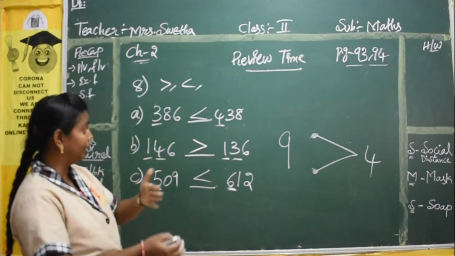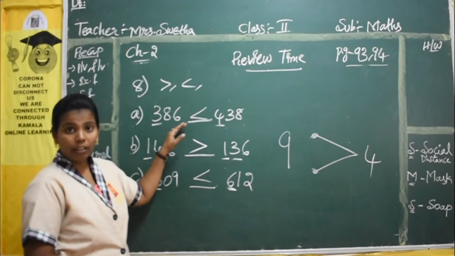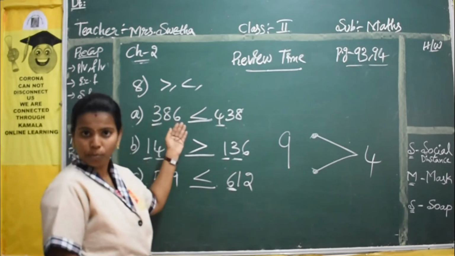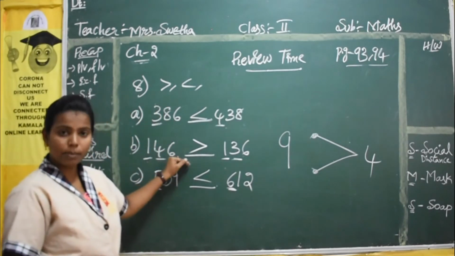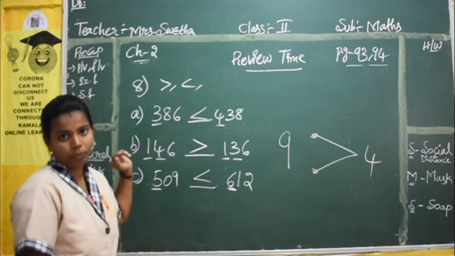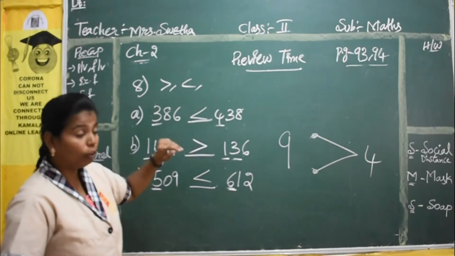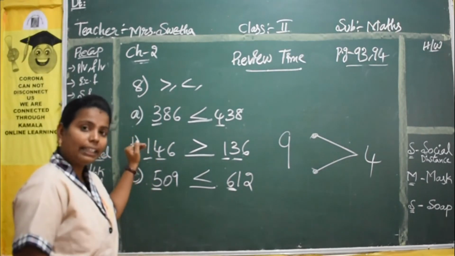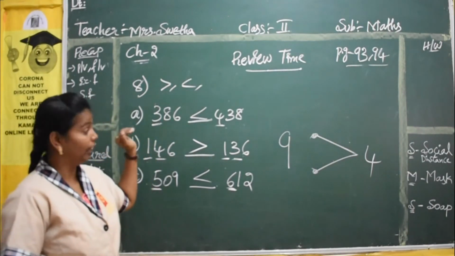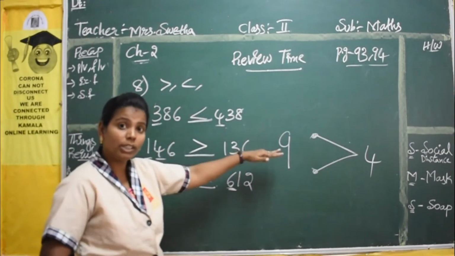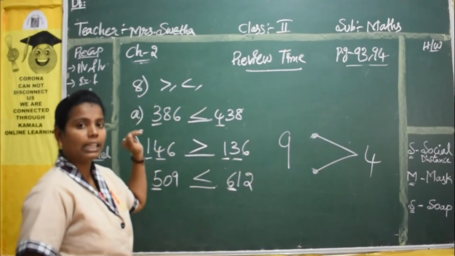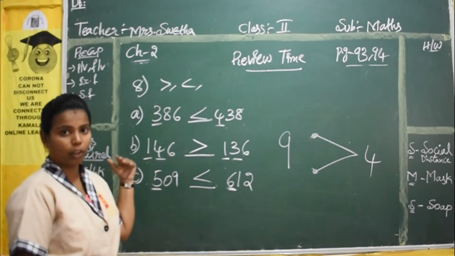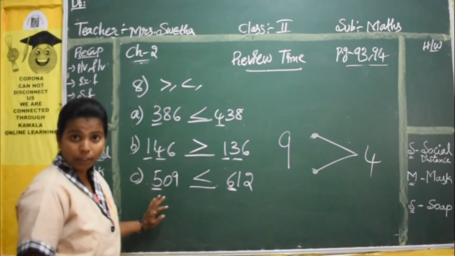No? So when we are reading also, if the first number is smaller, we will say it as smaller than. If the first number is the big one, we will say greater than. How will we know? See, if the mouth is open to the first side only, we will use the greater than symbol and say that number is greater than. If the mouth is open to the opposite side, the other side, we will say the first number is the smaller one, so we will use the words smaller than. Okay, so this is about your 8th bit.